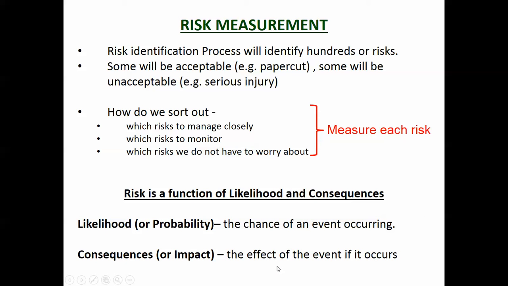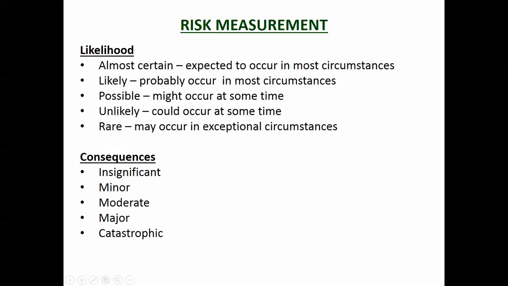If the event happens, what's going to happen? What are the consequences going to be? Is it going to be serious injury, or is it just going to be someone putting on a plaster? Now, in NZS 31000, they've got quite a nice little qualitative measure, if you like. So you can look at the likelihoods and say, the likelihood of this event happening is almost certain, it'll happen, or rare, probably won't happen, and you've got all these bits in between, and then the consequences,